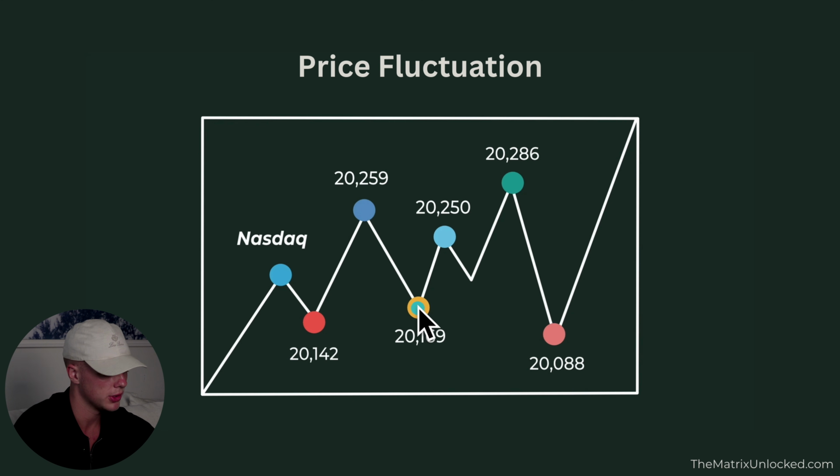The same applies when we try to measure the difference between this price and this price right here, the low formation. When you pay attention to this difference, you again see how big the price swing was. Now this is very simplistically explained what price fluctuations are. But what's important to understand is that these price fluctuations are not random. They're actually mapped out in advance, they're planned out.